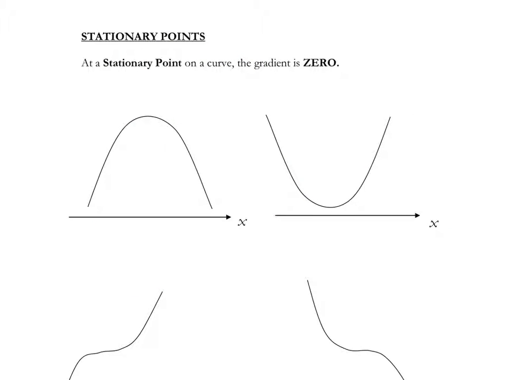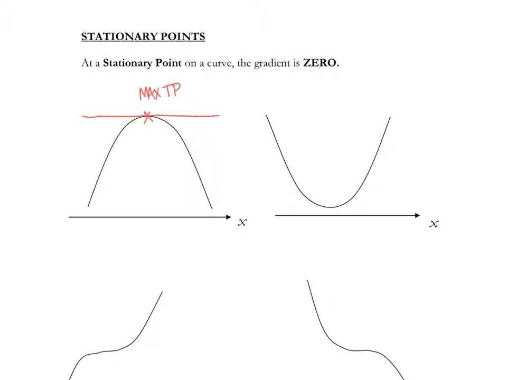Stationary points then. This is a huge part of differentiation. If you look at what we have here, we've got a minus x squared quadratic first of all, then a plus x squared quadratic for the second one. What we want to find out is the stationary points for these curves. So if we draw in the gradient of the tangent to the curve, and I'm hoping you can use a ruler and do it an awful lot straighter than that,